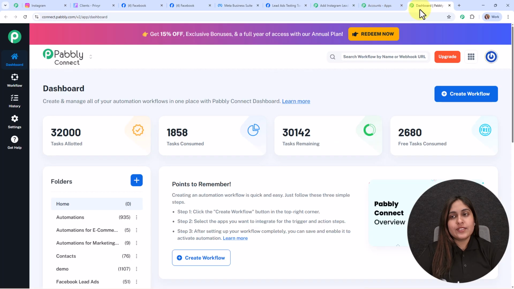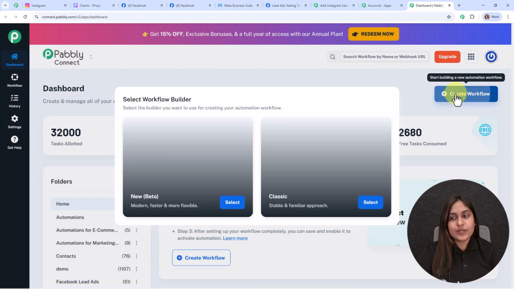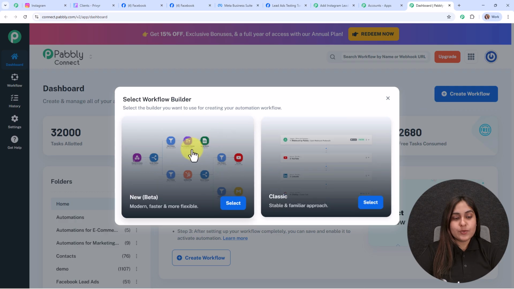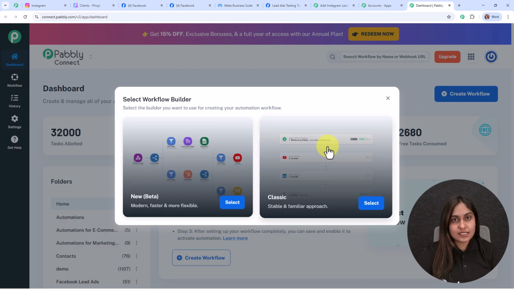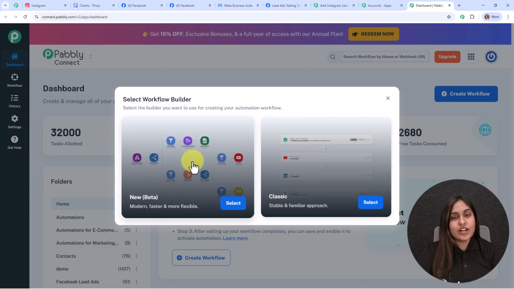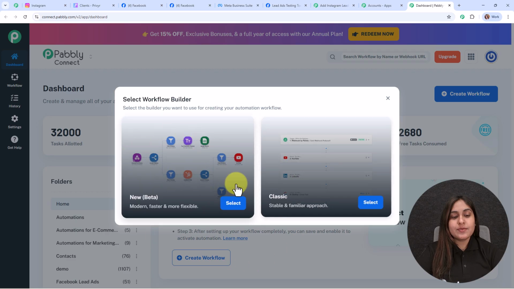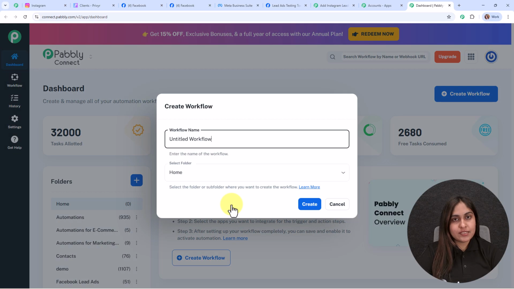Alright, let's move back to the dashboard, and here to build a new connection I need to create a workflow first. So for that I'm going to click on this create workflow button, and then here it is asking us to select the workflow builder. So here you can see two options. One is new beta and the other one is classic. So the beta version is modern, faster and more flexible, whereas the classic one is stable and the familiar approach. So in this video we are going to use this beta version by clicking on the select button,